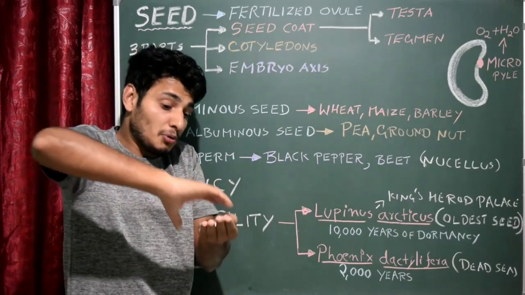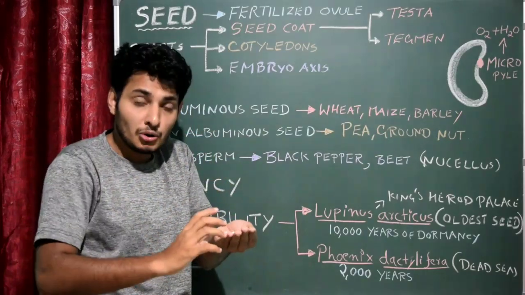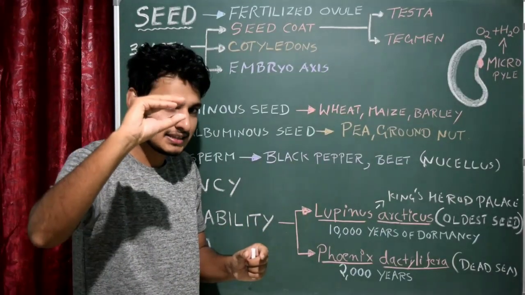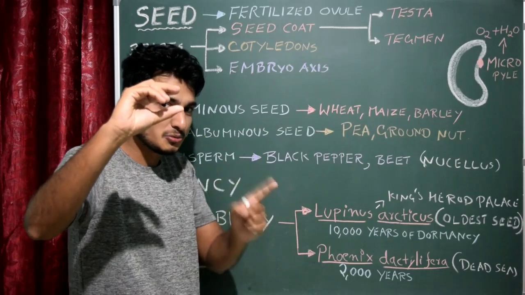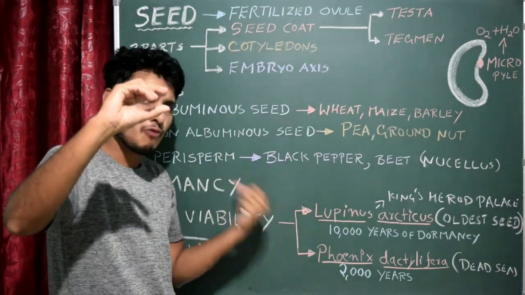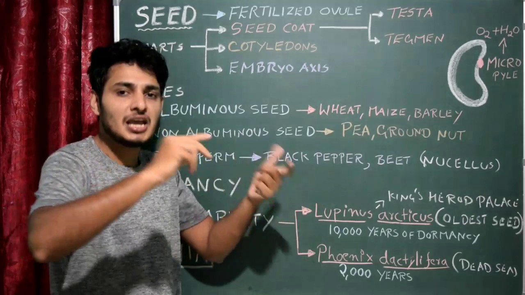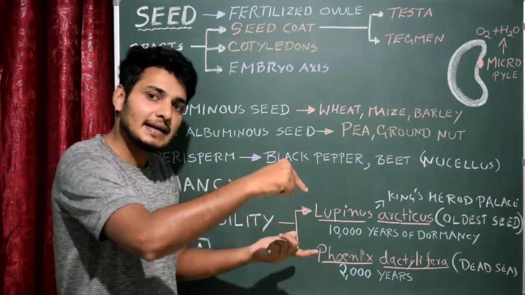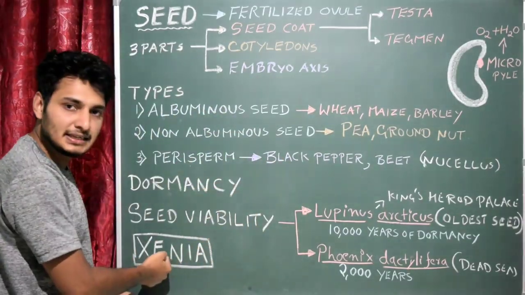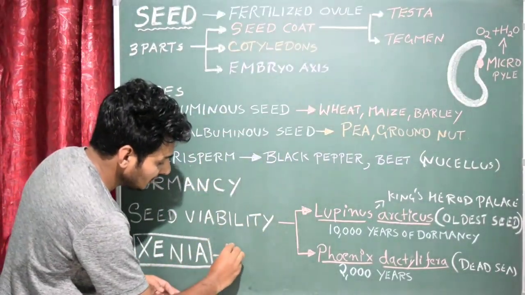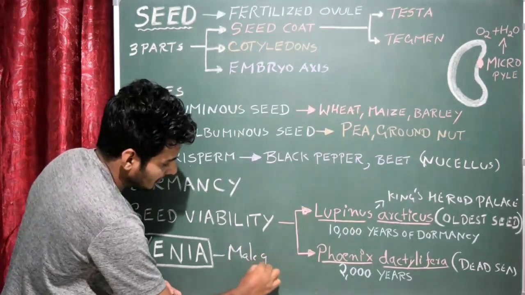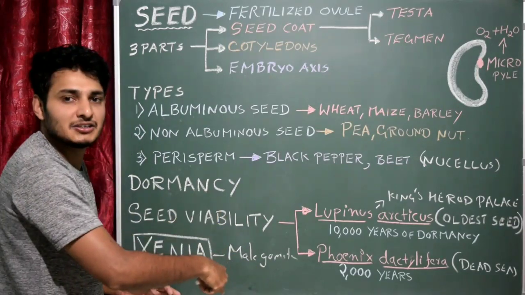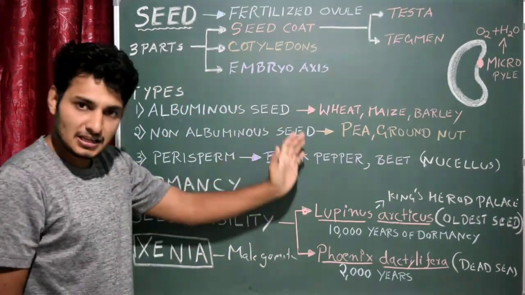See, if the production of endosperm cells is more, obviously the size of the seed will be more. If the endosperm production is less, the size of the seed will be smaller. This is very important. That means one of the male gametes plays a vital role in deciding the shape or size of the endosperm. It influences the endosperm directly. This condition is called Xenia. Xenia is nothing but the direct influence of the male gamete on the endosperm. So that's all from this session. In the next session, I'm going to talk about